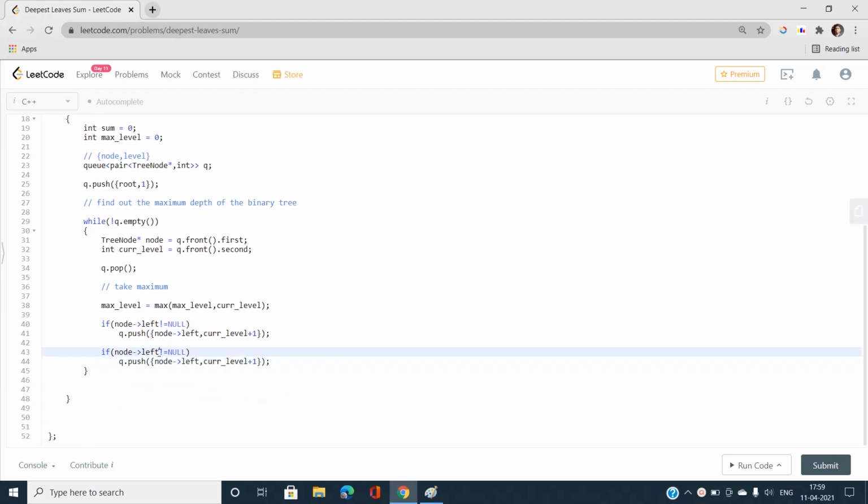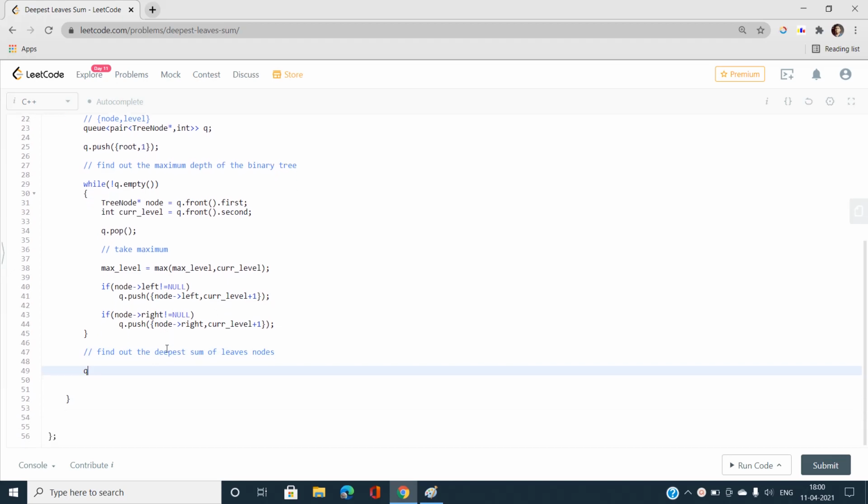Okay, so I'm going to just do this as fast as possible. So it is done. Now I have got the maximum level in the max level variable. Okay, now I need to find out the deepest sum of leaf nodes. I'm going to do the same thing because q is empty. I need to push the root node and its level as 1, and again process the same thing while